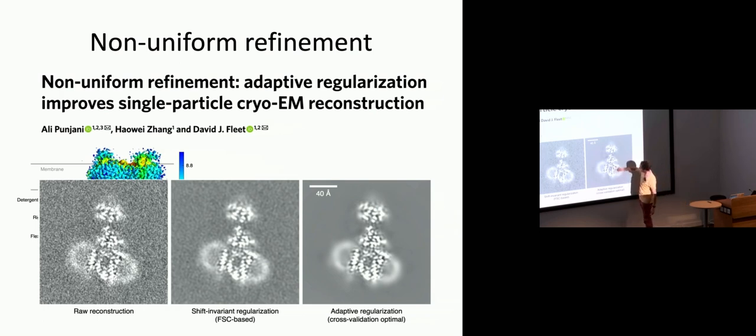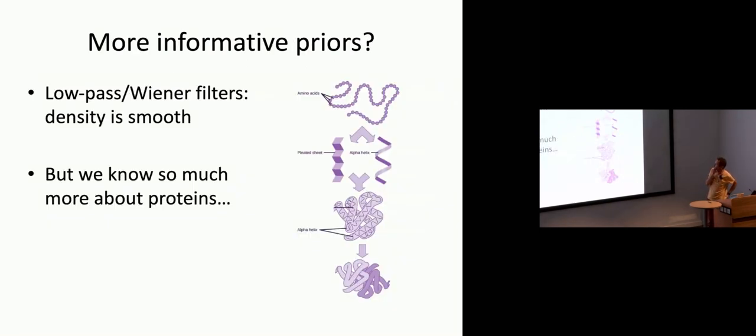because you can see here inside the protein region, it keeps the protein structure intact, but then here in the detergent micelle, it makes everything a lot flatter. So it's basically a low-resolution filtered map that is being used at every iteration. And this works a lot better when there are cases like this, where there are large variations of resolution in your map. Okay, so we've been thinking a lot about this as well, and this has always kind of bugged us